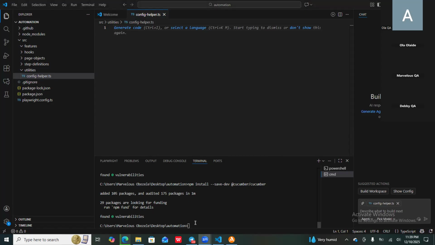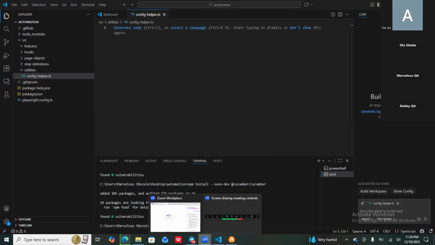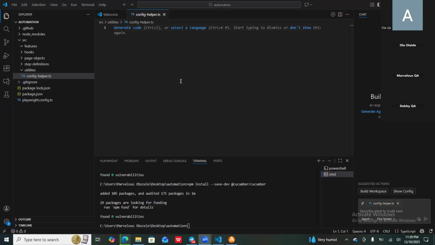You're not copying it here, you're copying inside the file itself. Once you've copied it, you are pasting inside this config-helper.ts file. Save it. Okay, fine. Save. The next one is going to be